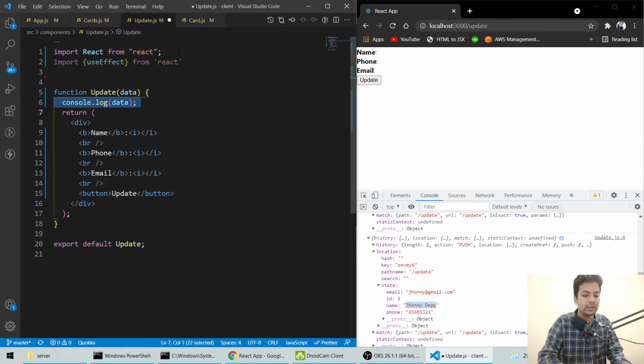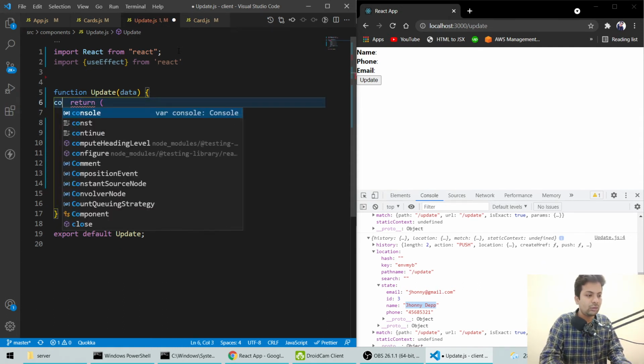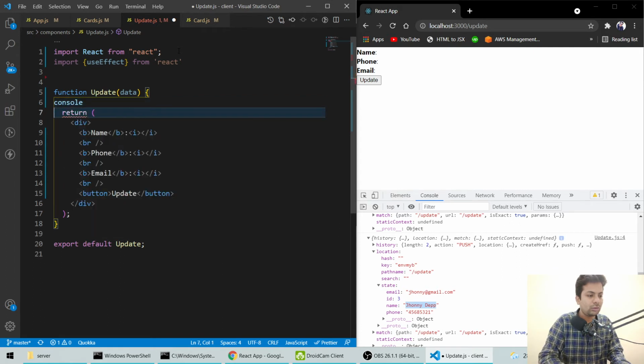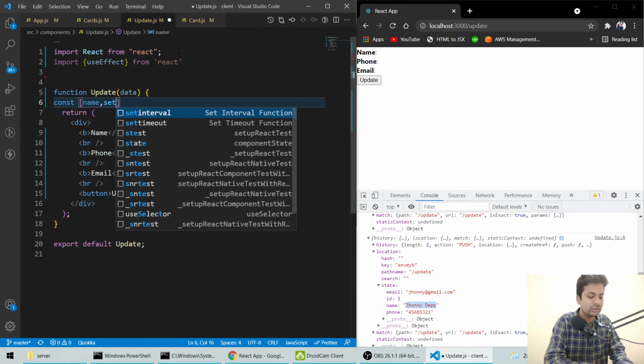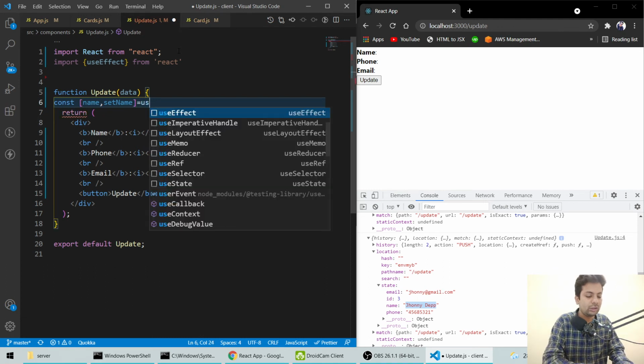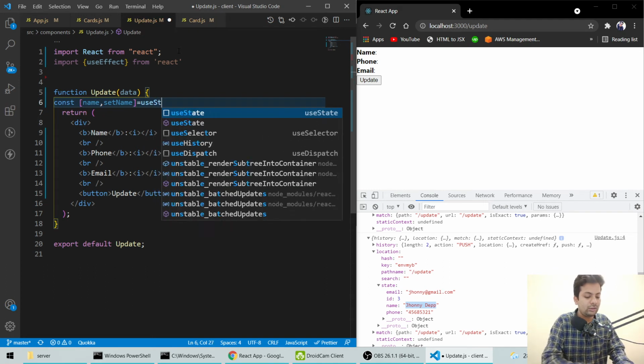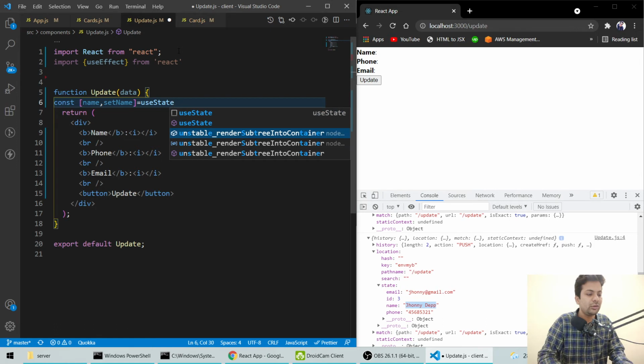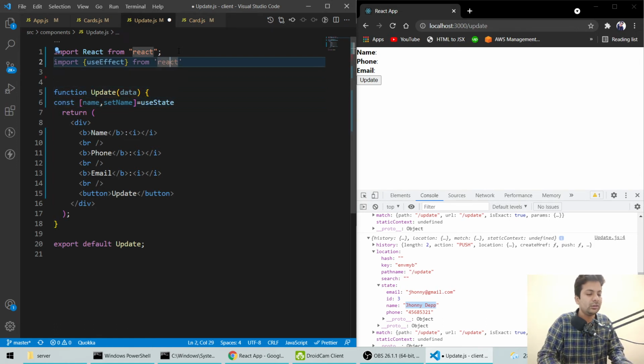We'll say const name, comma, setName, because we're going to change the data here, so that's why we are using useState. Sorry, it should be useState, not useEffect. Yes, okay.